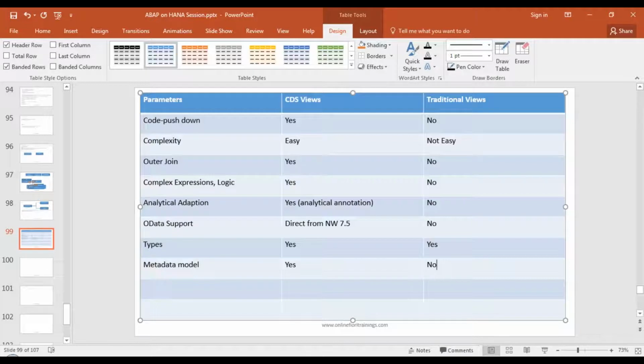How can I do that? I can do it with the help of the meta model concept of CDS views, but that's not possible with traditional views. What about extensions? If customers and partners would like to extend an existing view functionality, it is possible with the help of CDS views, not possible with traditional views. Built-in functions.